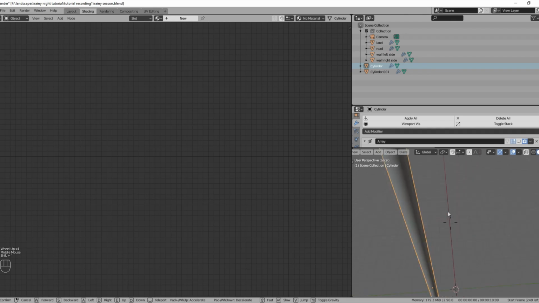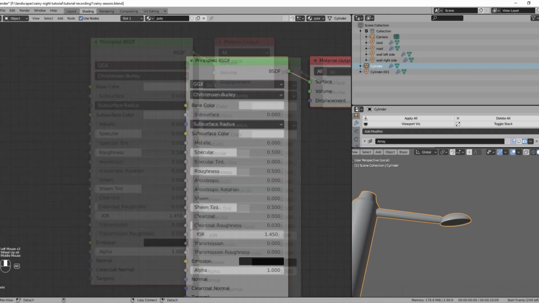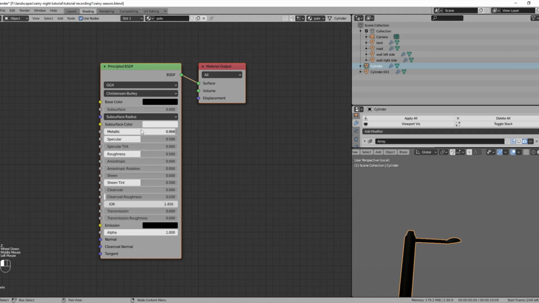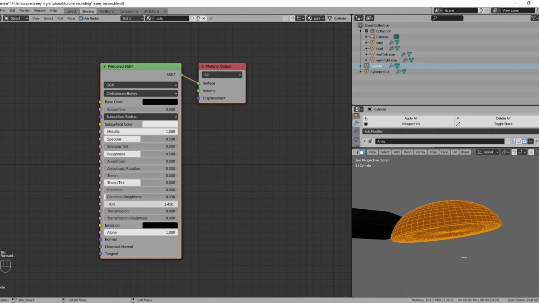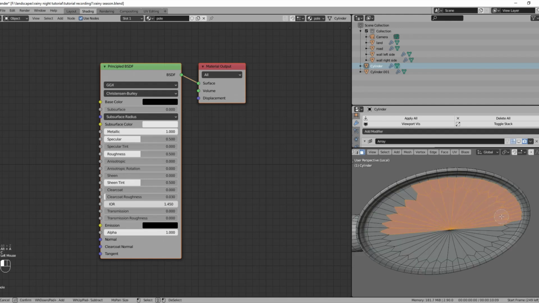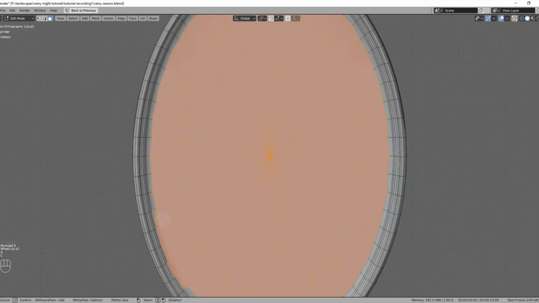Now let's assign materials to the pole. We are going to assign a pretty simple material, nothing fancy. I'm just going to use the Principled BSDF node, change the color to black and turn metallic on, and that's it. And for the lamp, we need to select the area to which we are going to assign an emissive material. With the help of the circle tool, we can easily select the part of the mesh we want to assign the emissive material to. And for the circle tool, the hotkey is the C key.